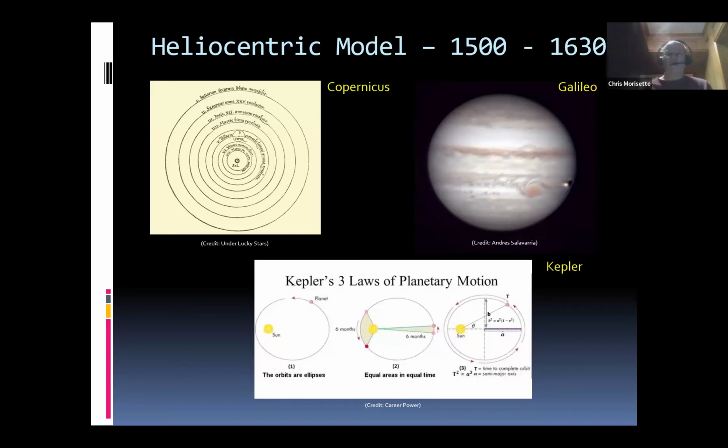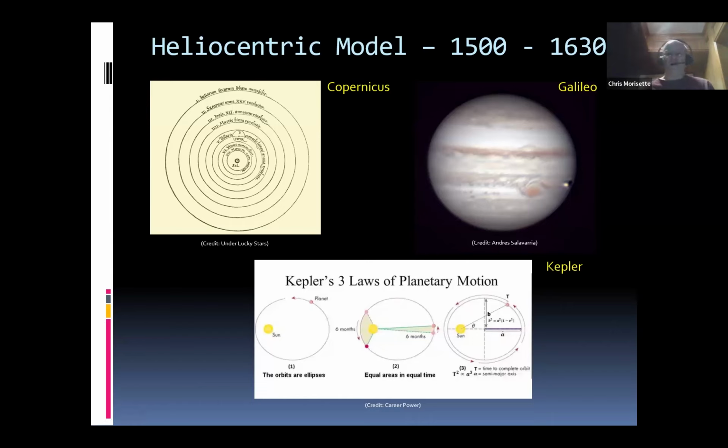The third person in the Renaissance who really contributed was Kepler. In my opinion, Kepler added some meat and some numbers and calculations to the whole question of the orbits of the planets around the sun. He came up with Kepler's three laws. The first law is that orbits are elliptical, and the second law is that equal areas are swept out during equal times. So, in this little diagram down here, this sector of the ellipse is equal in area to this sector right here. And that was his second law.